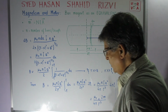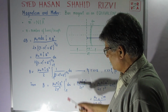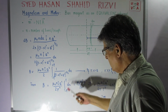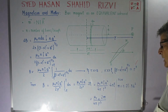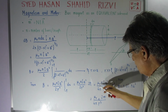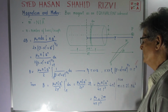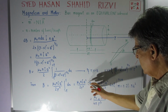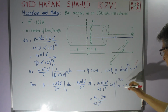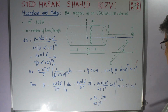Now the value of B I can write as mu naught n I a square upon 2 r cube, between the limits minus L and L, dx. That's easy. The integral will turn out to be equal to x, and L minus minus L becomes equal to 2L. Now I bring in with mu naught the pair mu naught upon 4 pi. So I have here n I a square upon r cube into 4 pi L. I multiply here by 2 pi and here by 2 pi. Now the magnetic dipole moment is equal to n into 2L, the number of turns into 2L, the length,